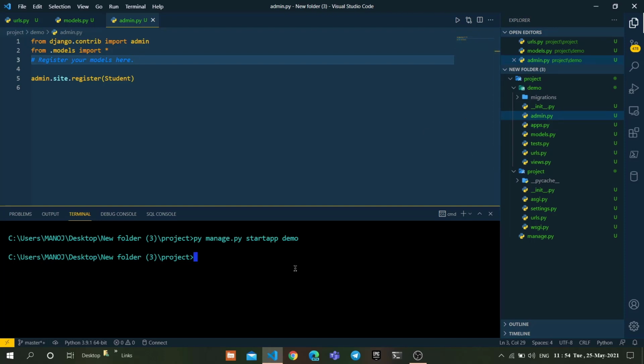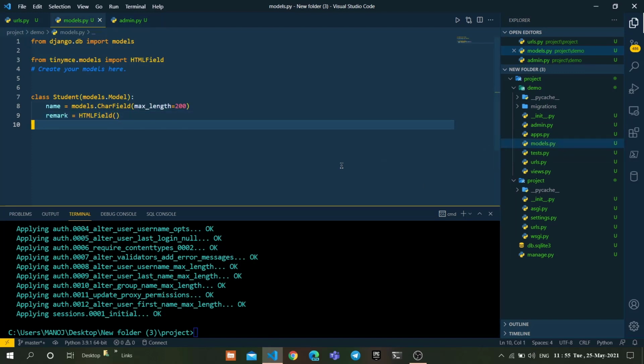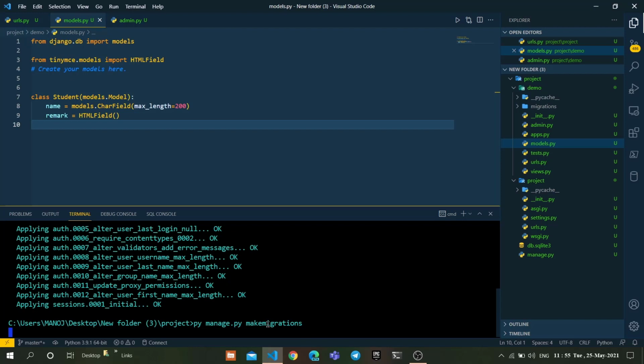Let's migrate the built-in tables first. For that, use the following command: py manage.py migrate. As you can see, we have successfully migrated everything, but we have modified the models.py file. So for that, we need to type one more command, py manage.py makemigrations.